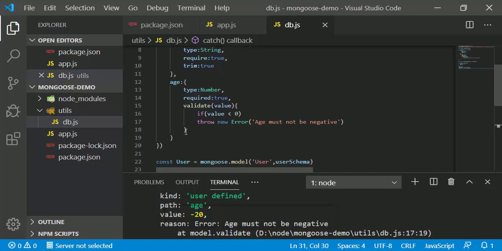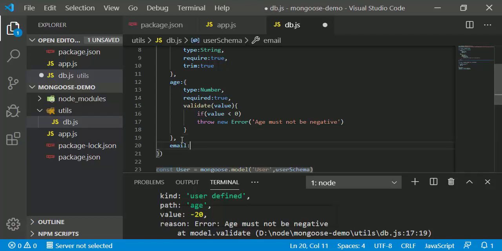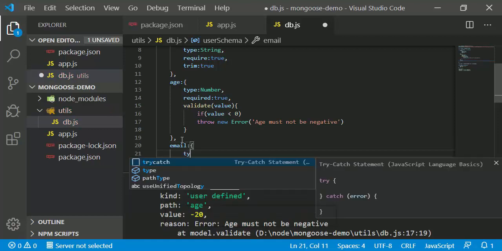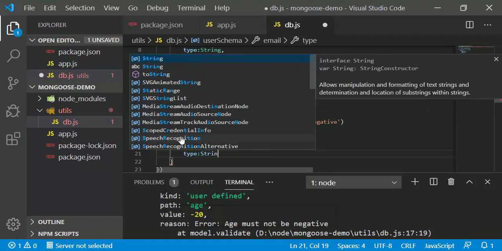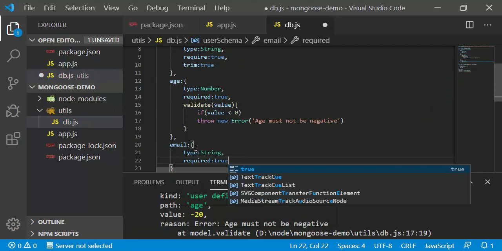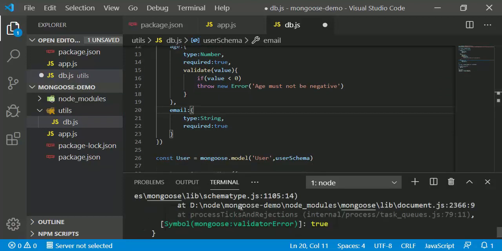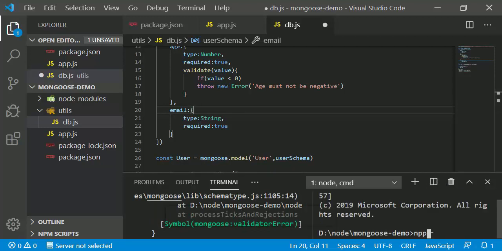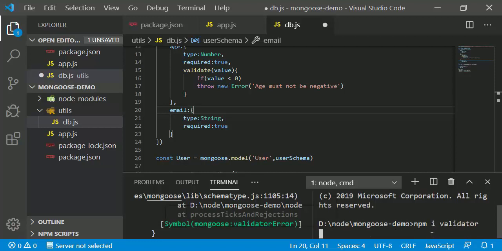Now if we add one more property, let's say email. So how can we check that an email is right or wrong? It will be a string, and it's also required in our collection. And for validation purposes, there is an npm library called validator. So we are going to install it. For installing, npm i validator. So in the meantime,